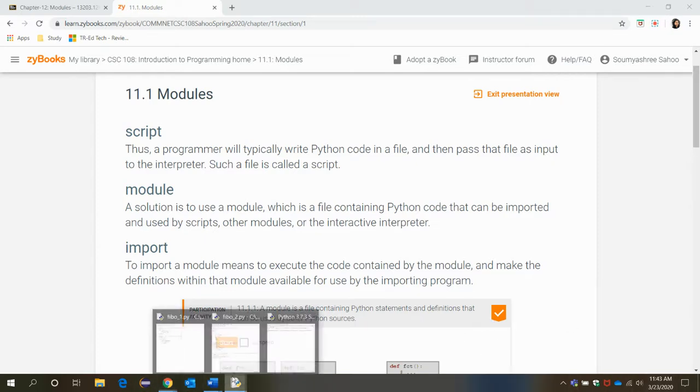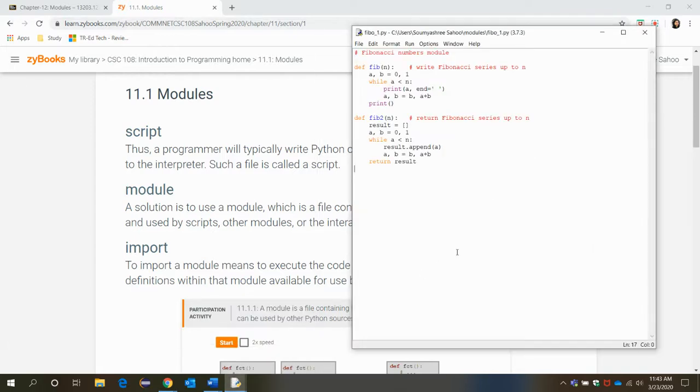I'm going to use one program I have already created, using Python IDLE, my favorite text editor. The name of the file, as you see, is fibo_1.py. This is the path where it's stored: in the C drive, under my name directory, in the modules folder. These are the contents. As you see, this is one function, and this is another function. Now, if we want to execute this file